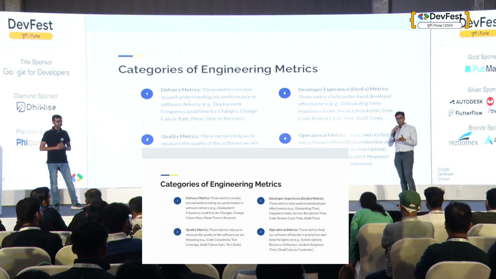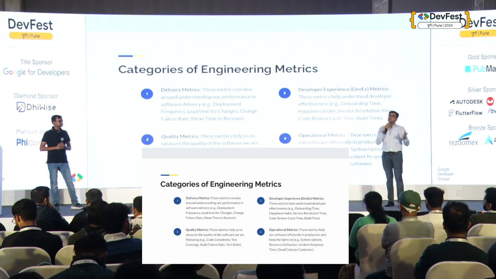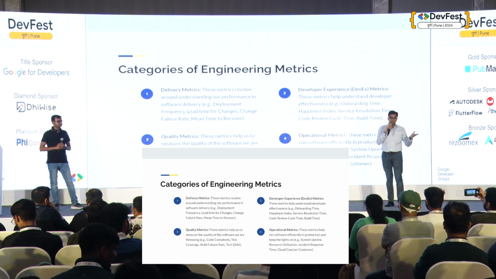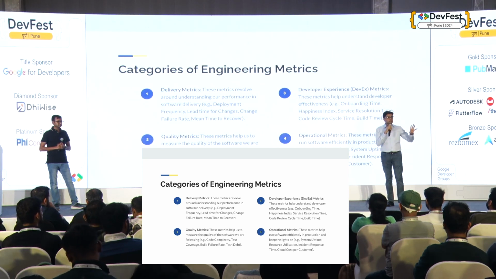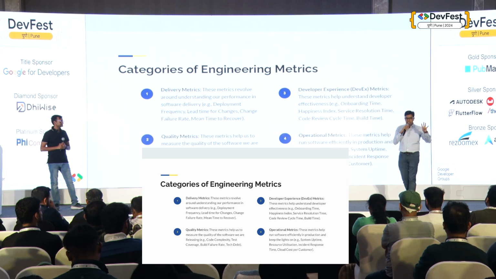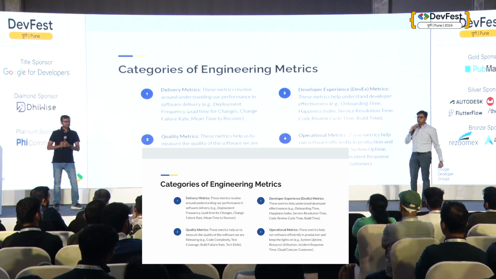And then the operational metrics, which basically talk about, let's say, what is the cloud cost that you are spending per customer. Because that's also something that leads to efficiencies. So in short, you can categorize your metrics into these 4. And we'll go through a few examples just to see how that affects not just the engineering teams, but the customers and the business as well. All right? Can I have the next slide, please?